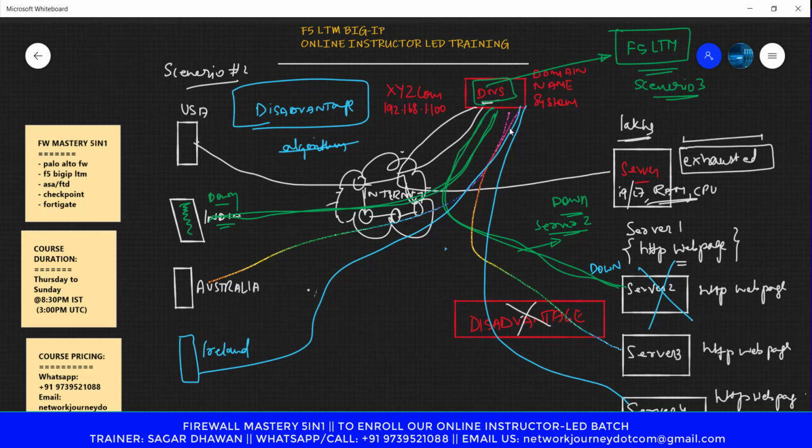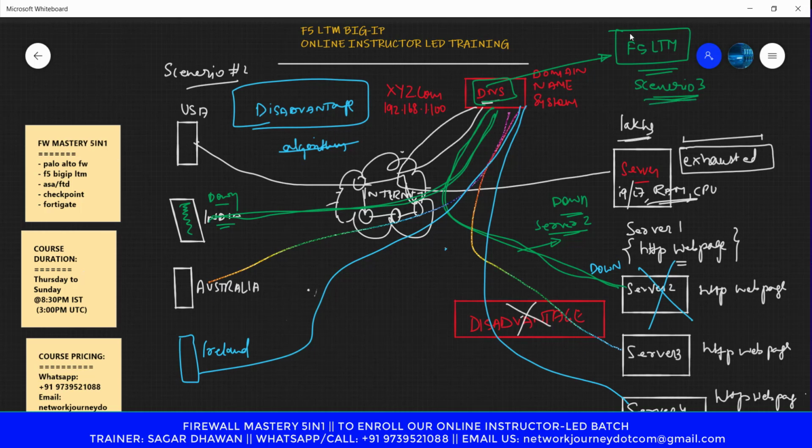It doesn't have an algorithm or a mechanism to see what percentage of resources each server is using, or how many connections are on it, or whether equal load balancing is happening, or which server is down and which is serving. So that was the disadvantage of scenario 2.